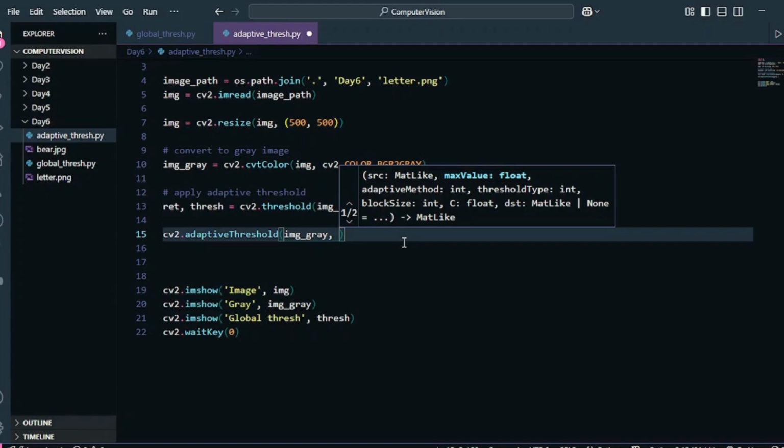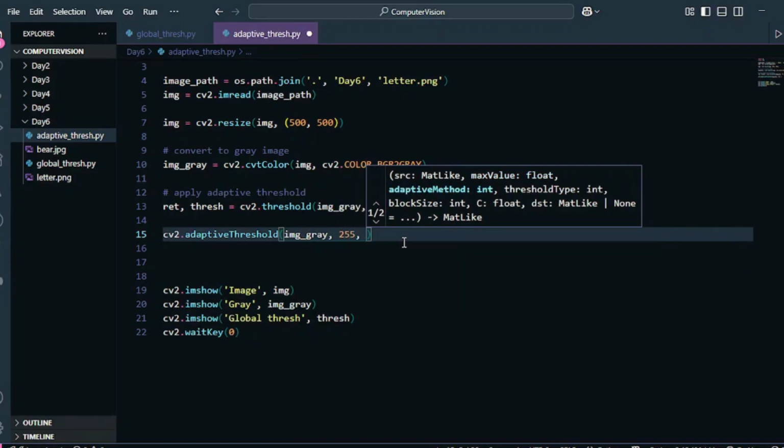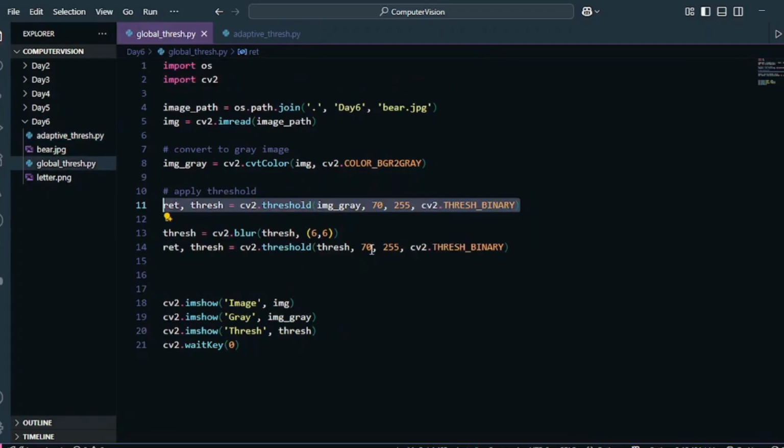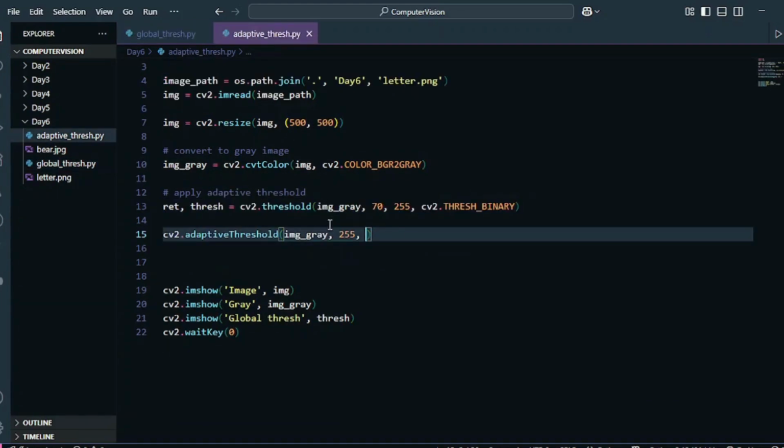So instead of telling the threshold value, I'm going to tell the maximum value over here. Okay, so for example, it calculated that my threshold value is going to be 30. So I have to tell the maximum value over here. If the value of my pixel is greater than that 30 threshold value, then it should turn to 255, just like I did over here. But I first defined the threshold value as well, and then I defined the maximum value. Okay, but over here I just have to write the maximum value, that if my value is greater than my threshold value, then the value should become 255.